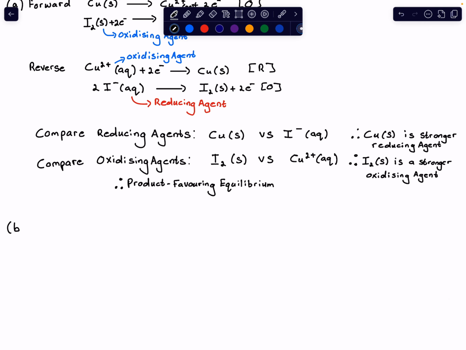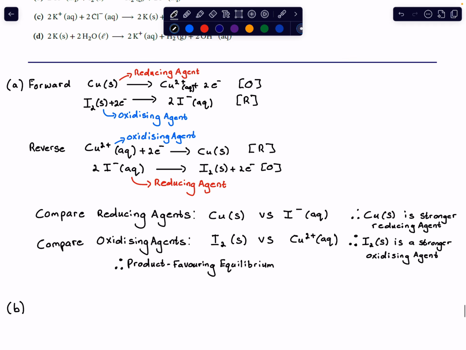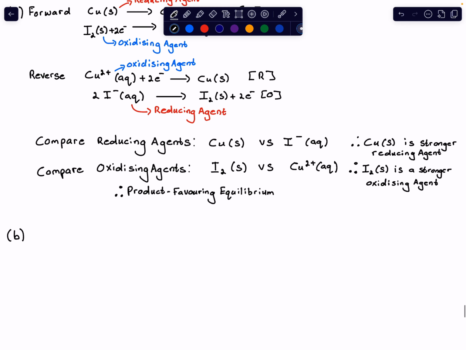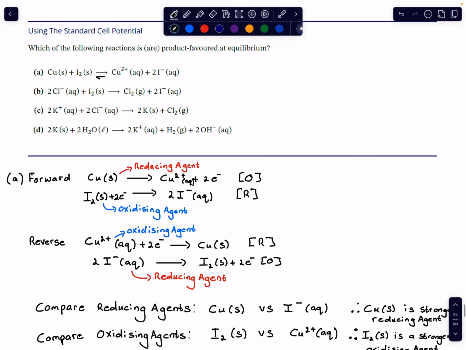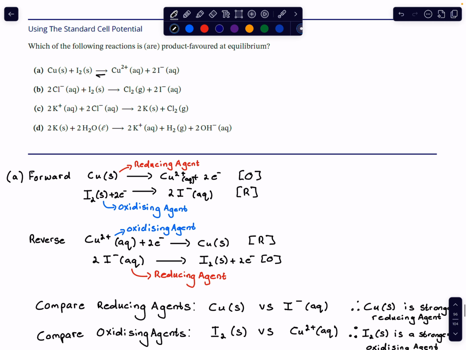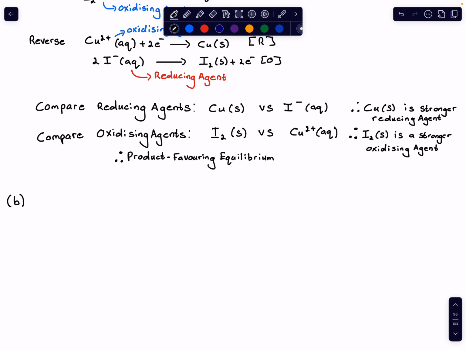All right, so let's look at B. So now you've got the gist of it. You first look at what is being oxidized and what's being reduced in the forward reaction, and then in the reverse reaction you look at what's being reduced and oxidized and you identify them. So our pairs that we have to compare in this case is iodine solid